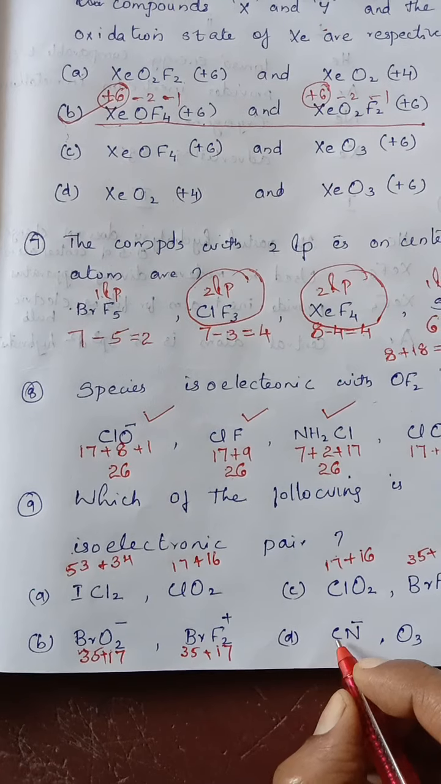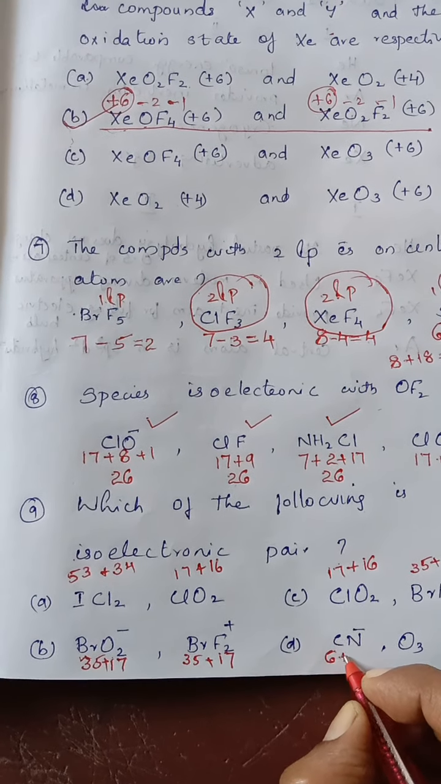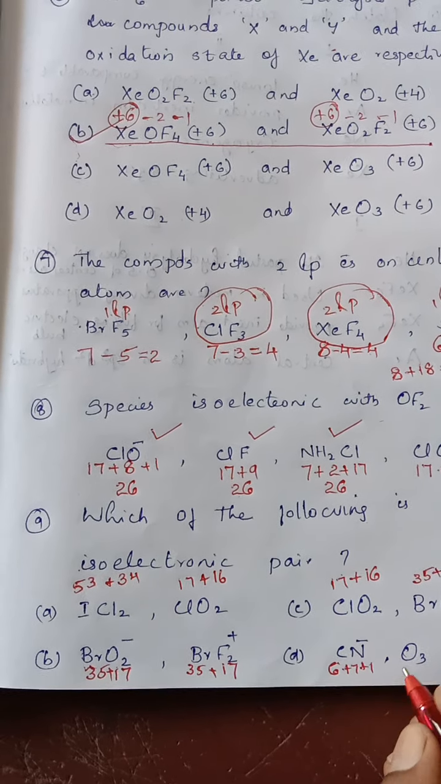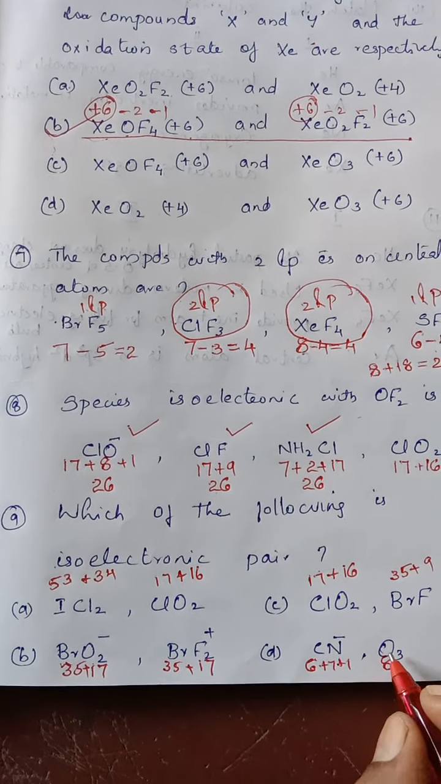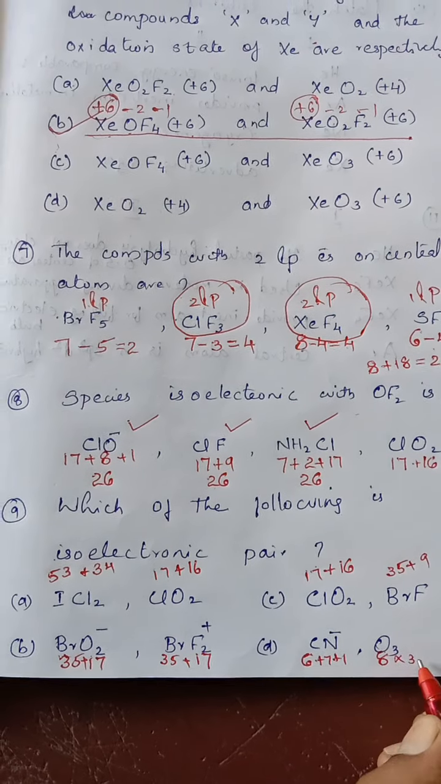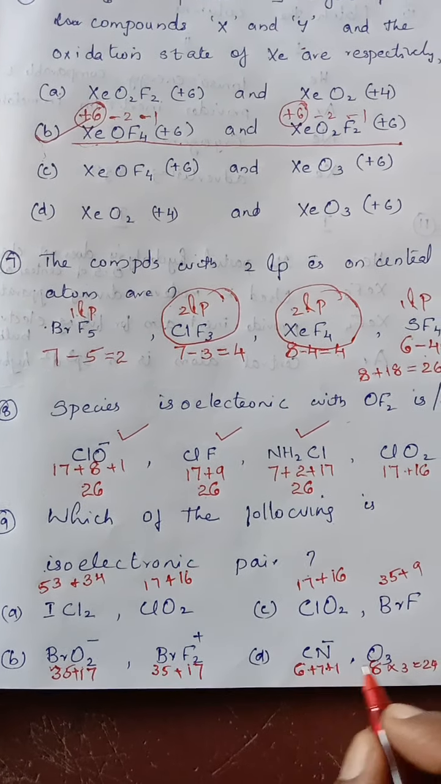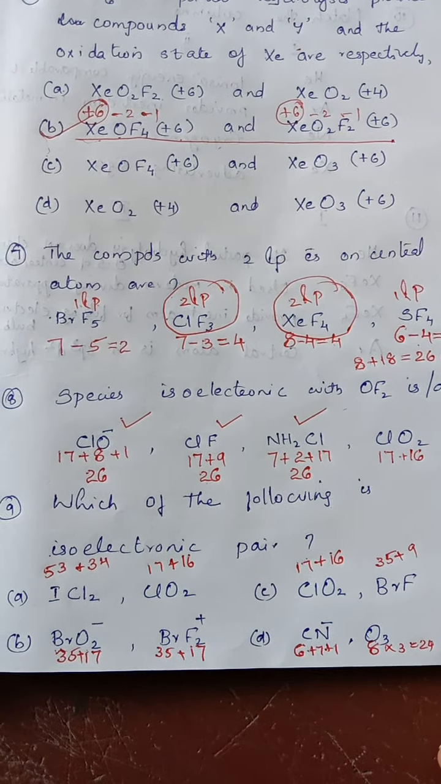CN minus: carbon, we know, has 6 electrons, nitrogen 7 electrons plus 1 electron due to the negative charge, and oxygen 8 electrons, 8 into 3, that is 24 electrons. So these two are also not isoelectronic. So the answer